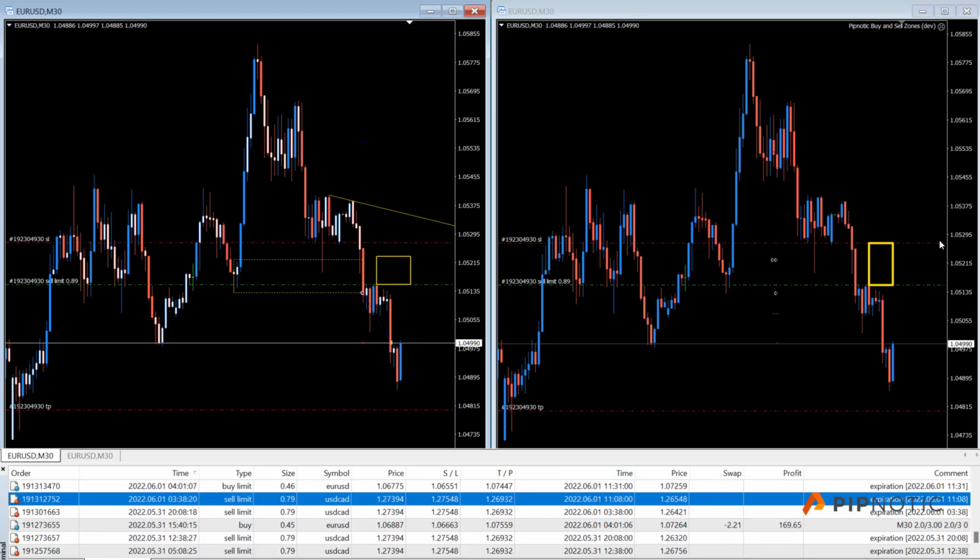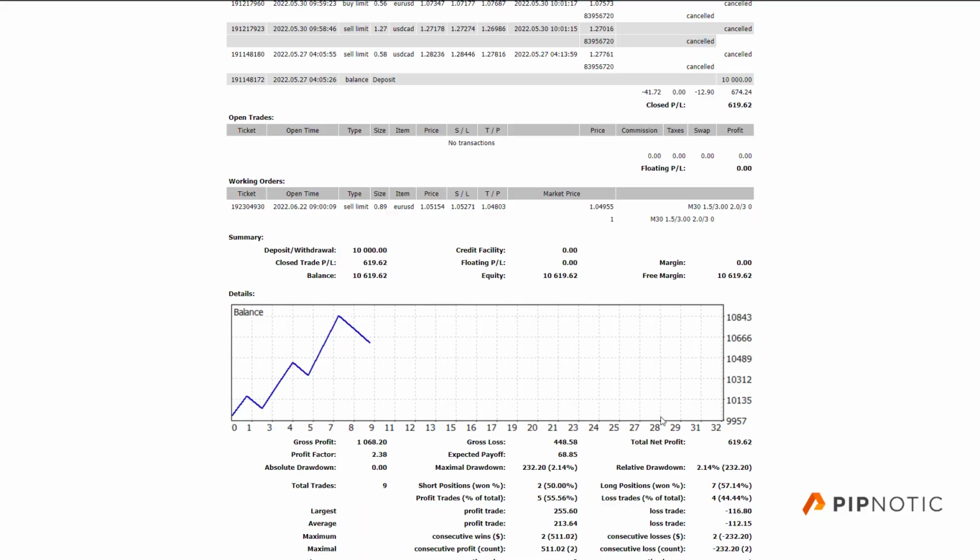If we look at the statistics for this, we have a profit factor of 2.38, which is pretty good. Most important, we have an average profit trade of 213 and an average loss trade of about 112. That's really good, so the average profit is 2 times larger than the average loss. This is really good because you want this to be the case. You don't want the average loss to be bigger than the average winner,